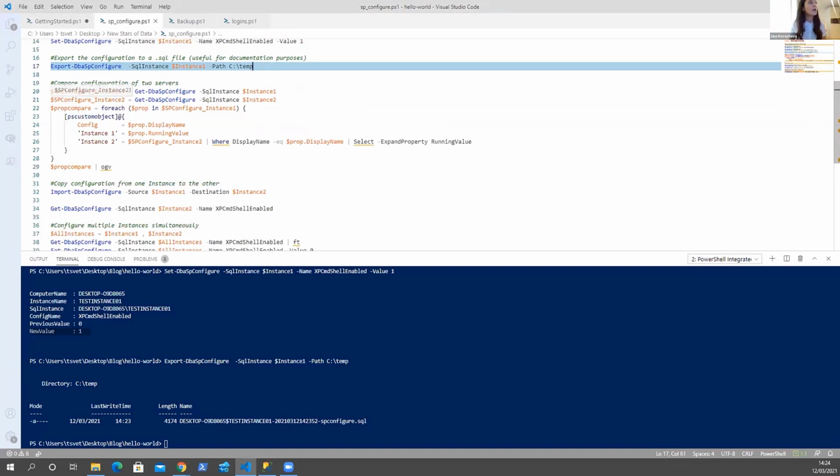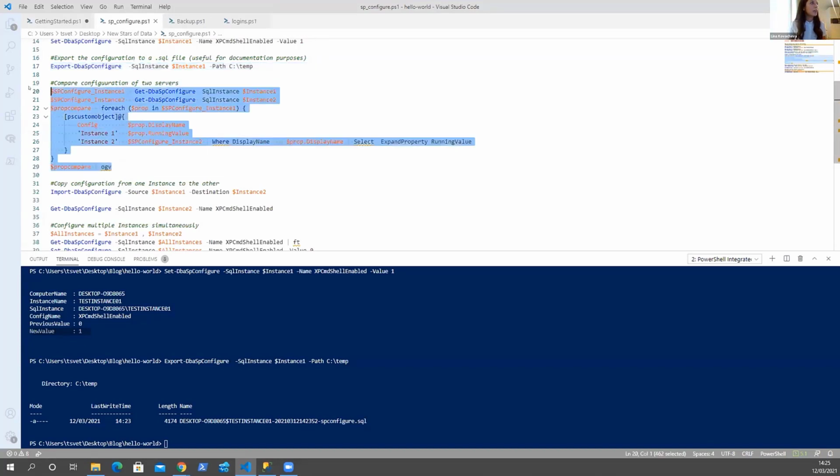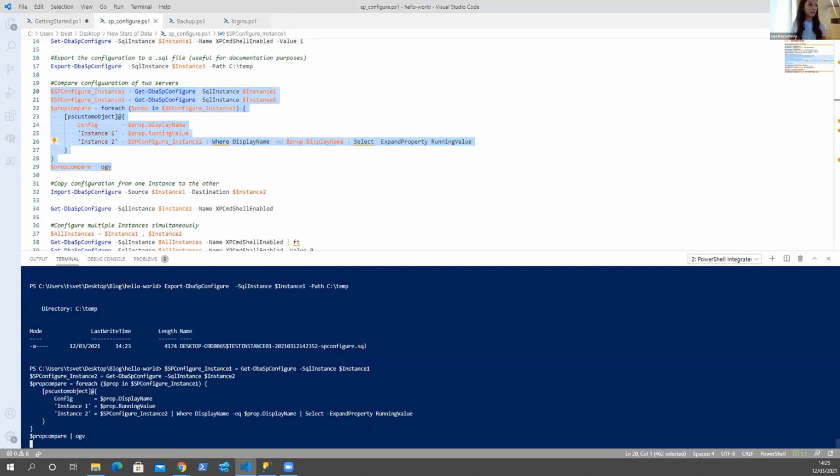We can do this by setting up 2 variables for getting the information for my instance 1 and instance 2, and then I'm using a hash table to compare only the running values of both of them. At the end, I'm getting my result as an output view again, just because it will be much clearer to see it. And when I run this,